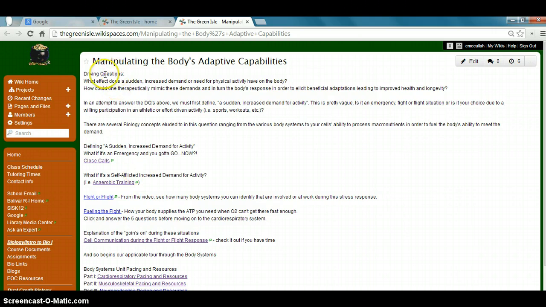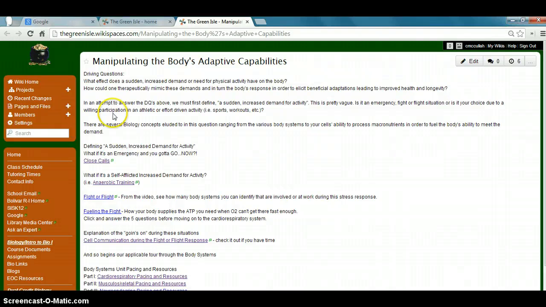All right, here's what we're going to be using as a springboard to launch us into studying the body's systems and its abilities to adapt and be manipulated even through different variables. First one, what effect does a sudden increased demand or need for physical activity have on the body? Or how could one therapeutically mimic these demands and in turn the body's responses in order to elicit beneficial adaptations leading to improved health and longevity? That's kind of a long one there, so read it a couple times, make sure you digest and understand